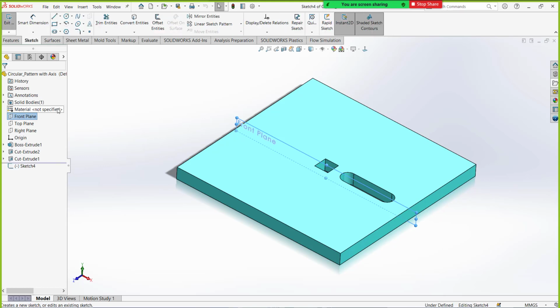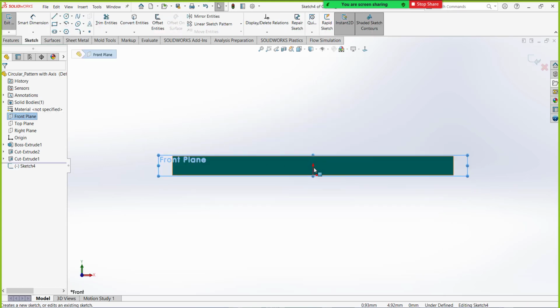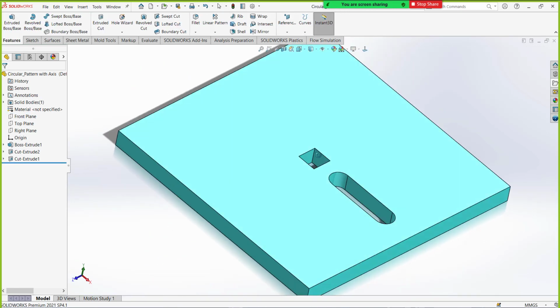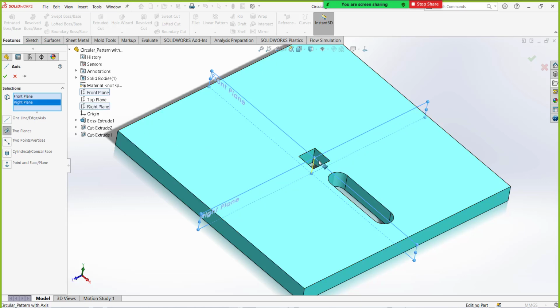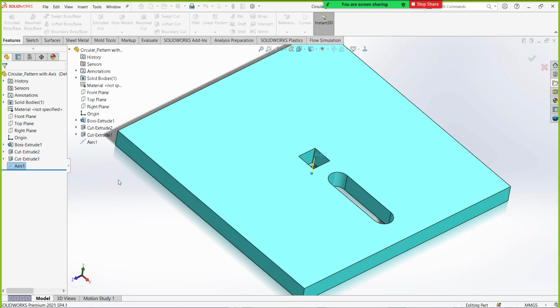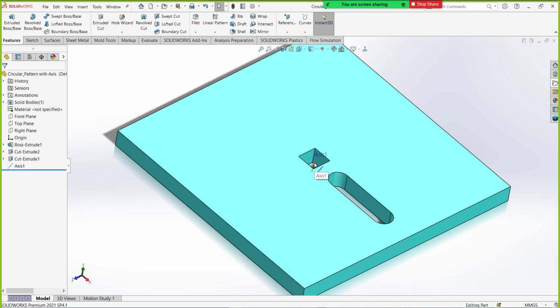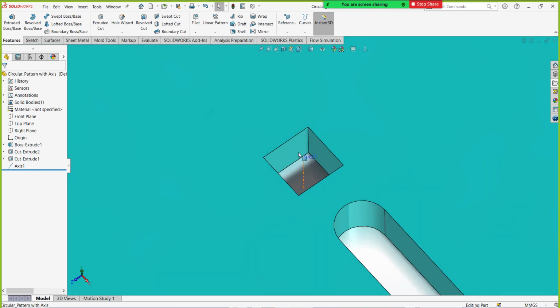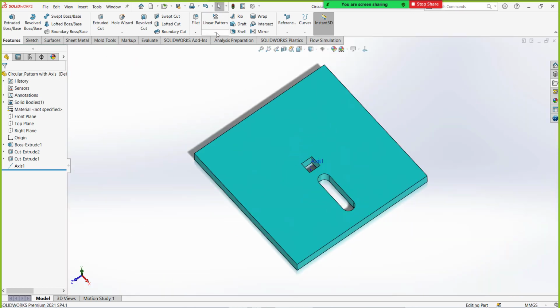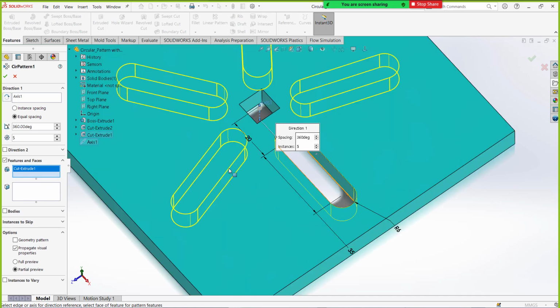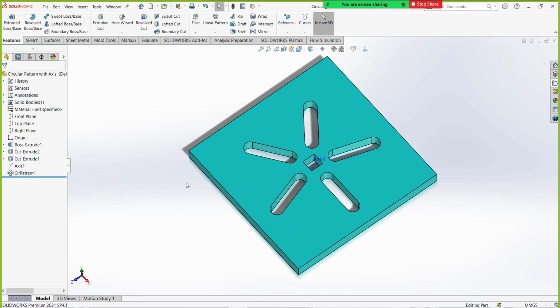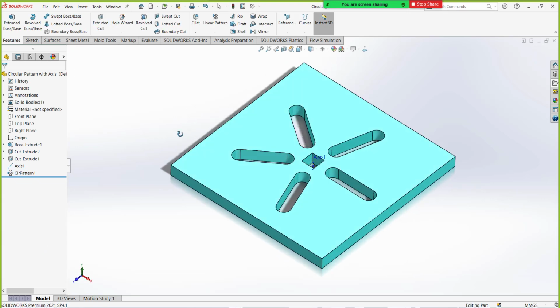One idea is you can select any of the planes. From the origin you can draw a reference line or an axis. Otherwise, by using the reference geometry, you can create the axis using two planes, this and this. Wherever they coincide, at that location it will automatically create the axis. In short, I need the axis at the center, because at the center there is no reference. Now we have it. Now you can directly select the circular pattern, axis and the feature. That's all. Clear? Yes, yes.